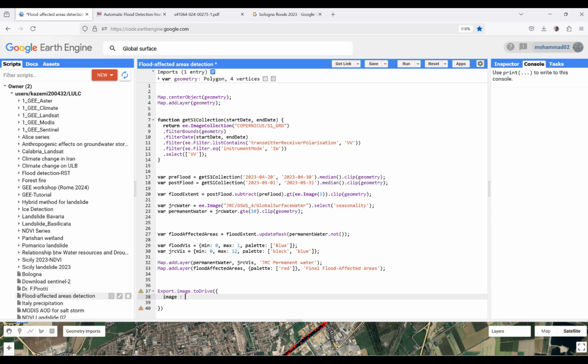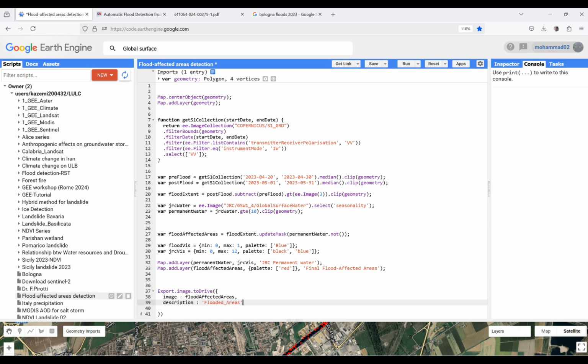I'm using image, and the final thing is gonna be flood affected areas. Okay, I'm using description to give it a name. Flooded